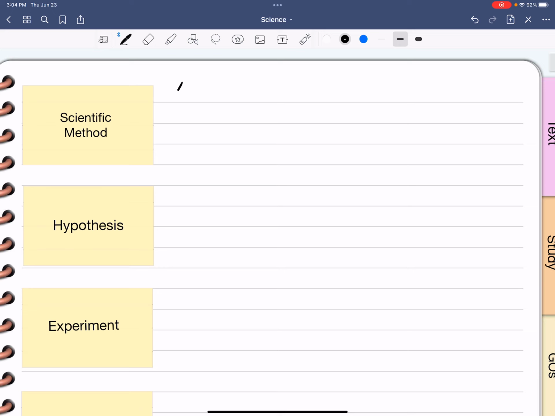Let's break it into syllables. I have sci, long I, un, tiff, ick. And remember, this is the sound spelling, so it looks funny, but it breaks the syllables. Scientific meth, it says ud, scientific method,